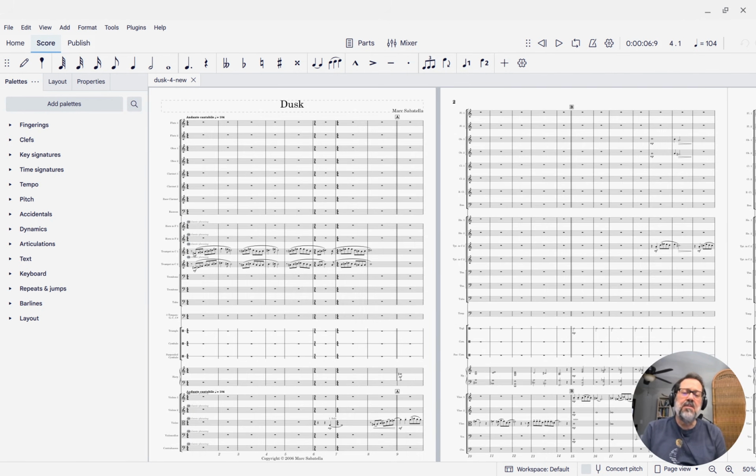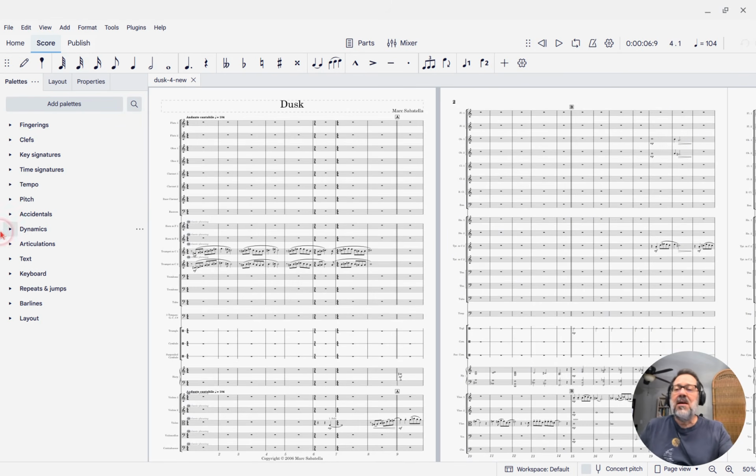In this week's tip, I'm going to show you a couple of newer features of the find command. And for those of you who are not familiar, the find command itself is perhaps very useful. The find command allows you to jump anywhere in a score by measure number or by rehearsal mark, and